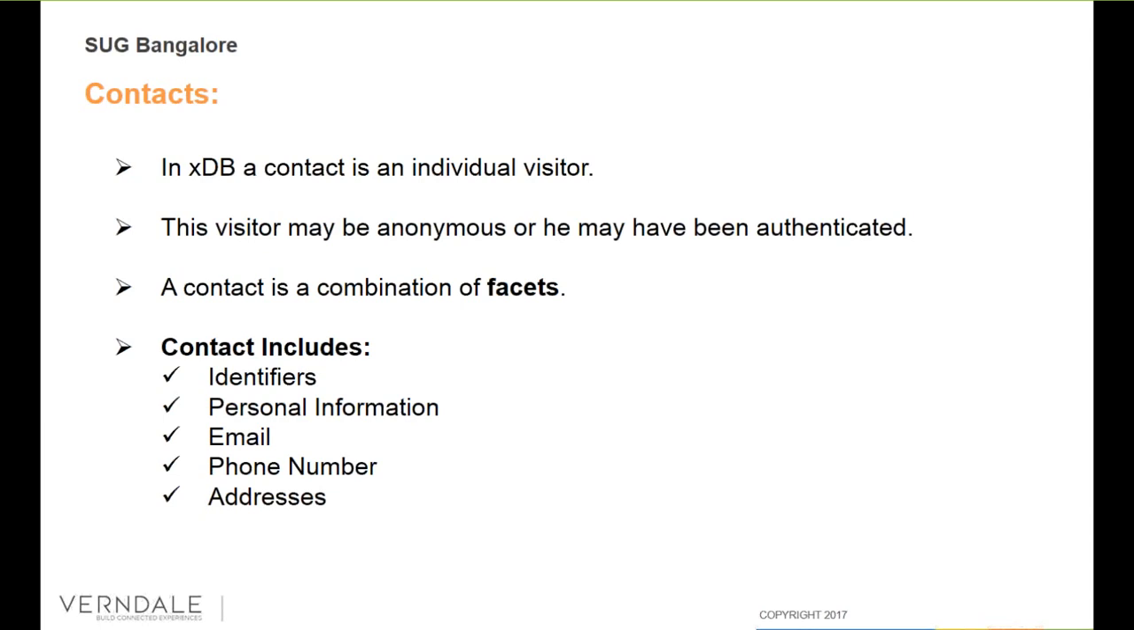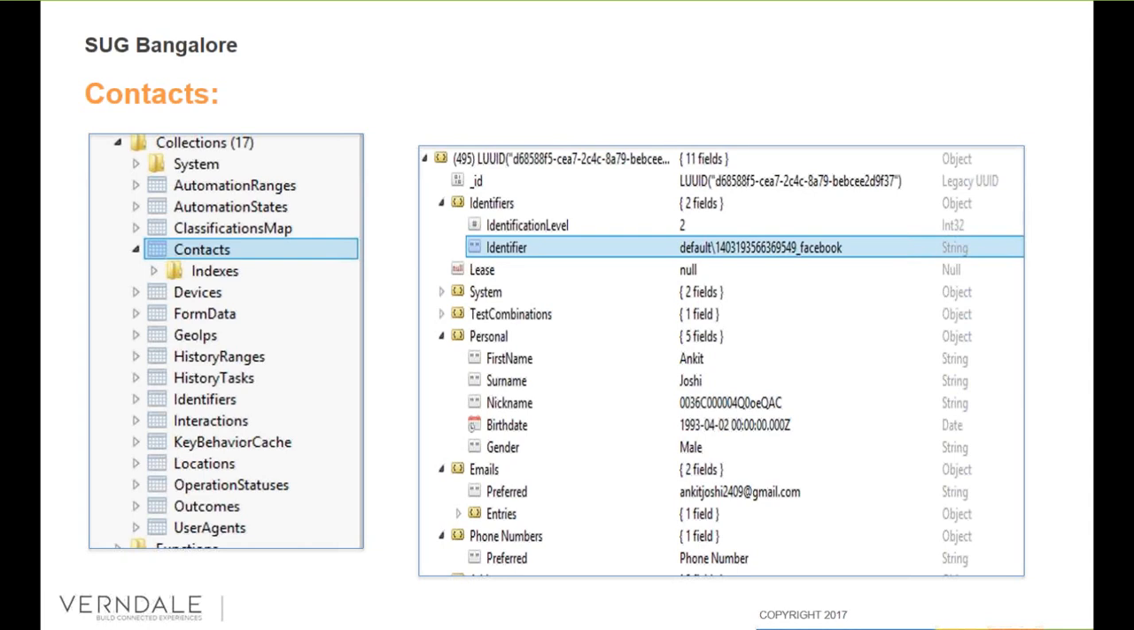So if you see this screenshot on the left hand side, basically we have different collections, right? We have automation ranges, automation states, form data, GeoIPs, identifiers, interactions, and everything. We also have a collection called contacts. If you click on this, and we'll see how it works in RoboMongo, I can show you that, you will see different contacts added